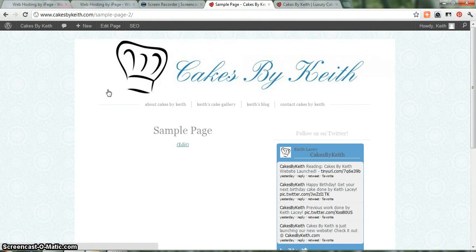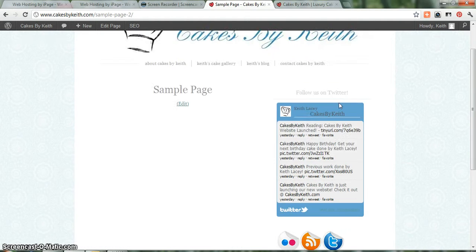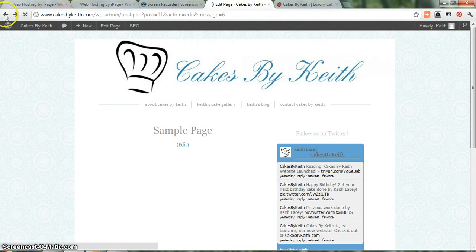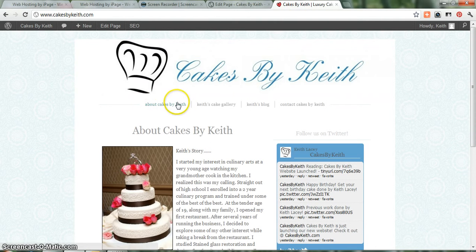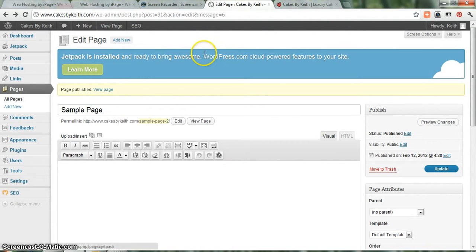Now, you'll notice the sample page isn't automatically added to this top menu here, and the reason for that is because in WordPress, when you add a page, you have to add that page to the appearance menu. This top portion right here is your website's main menu. So in order to edit or change that, you have to manually do that via the menus portion of the back end of WordPress. So if we click on menu,